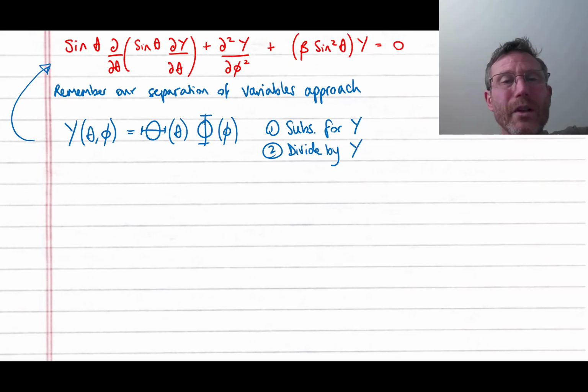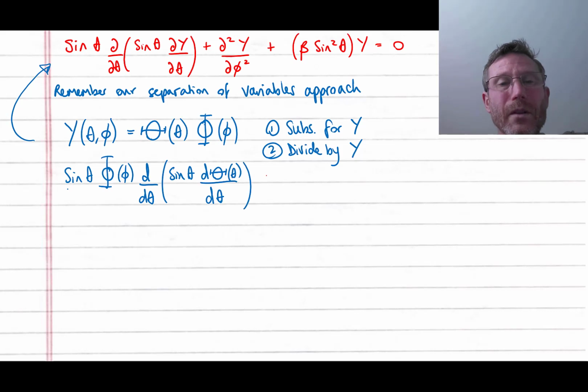So let's do it one at a time. What we end up with is, first of all, the sine theta term, and then we're going to take our phi function and bring that outside of the derivative. So now we end up with,